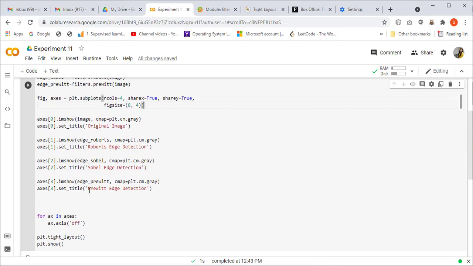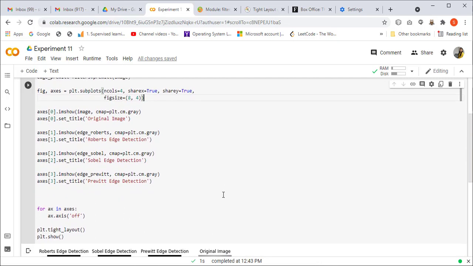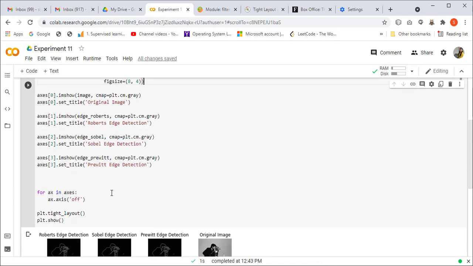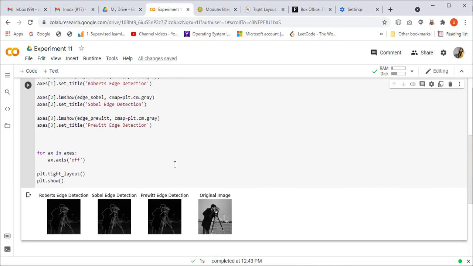Whenever we are using subplots, we need to turn off these axes. So I have used ax.axis equal to off. That means after plotting all these, you also have to turn off the axis. Next, plt.tight_layout means plot it in a proper format, and finally the show function will print this as an output.